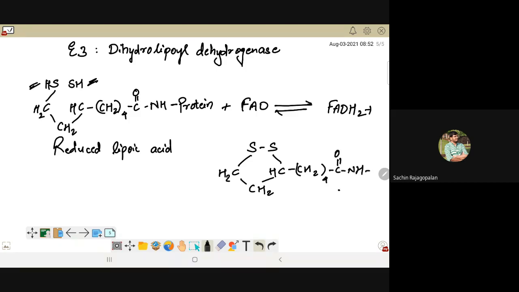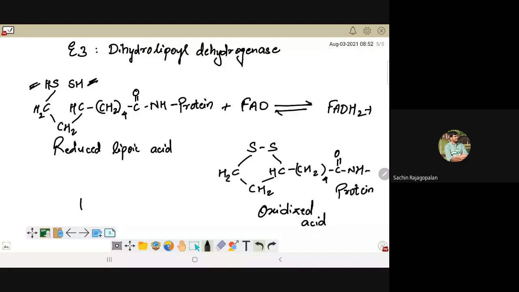So you can see it has re-established its ring-shaped structure, which you had seen in the very beginning, right? But we know that what is actually released as byproducts in this reaction is not FADH2, it is NADH. So then how is NADH formed? Because here the hydrogen acceptor is FADH2, right?